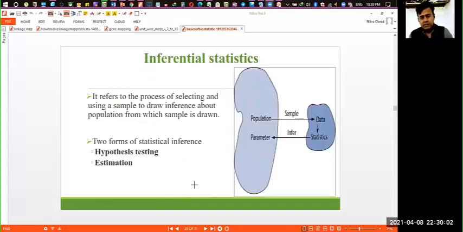What is the inferential statistic? Now this is very important because you are talking about hypothesis testing and estimation. So suppose there is a population and you are drawing a sample of the data, and then with the help of a statistic we are going to take out the inference. Inference may be based on hypothesis testing. So suppose you are taking a drug. The effect may be because of the drug or the effect may not be because of the drug.